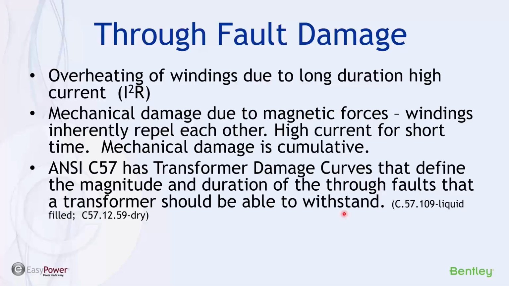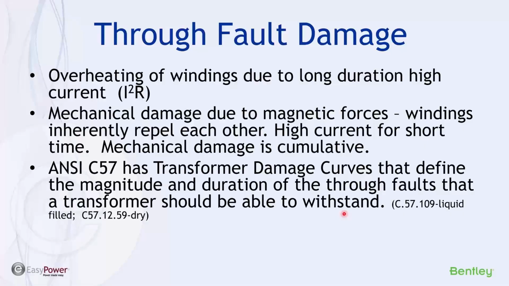Mechanical damage, on the other hand, is due to the magnetic forces, which are caused when spikes or high current dumps are placed on the transformer, and the windings themselves have a tendency to repel each other from the core or even from windings to windings. So in that case, mechanical damage is cumulative and can be added up as multiple faults have happened during the